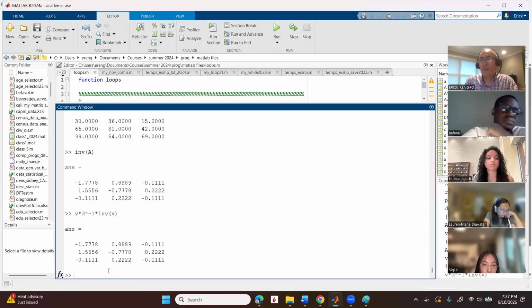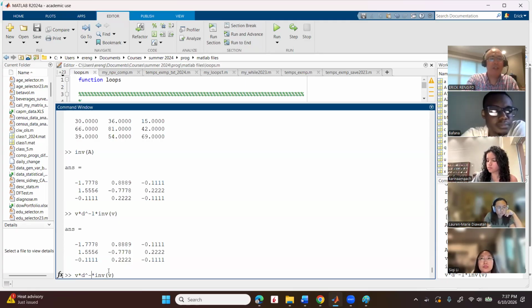Make sense, guys? The square root of a matrix, you can do that also. How do you think the square root of a matrix is going to be? Well,